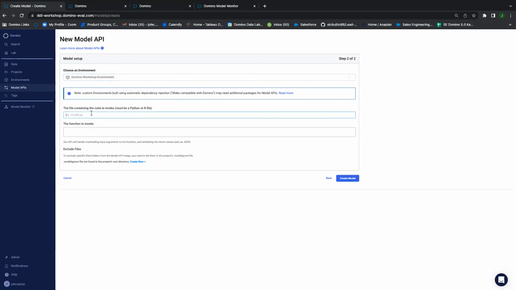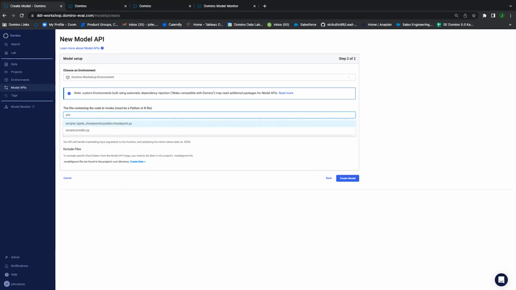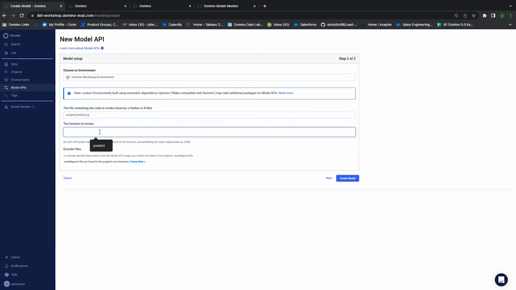If you click on the file that you want to select, the file is going to help you communicate specifically to the model artifact that we're going to store as an endpoint to create the endpoint itself. I'm going to just type in predict.py. And then you can call out the function that's going to help you run whatever you need to build this endpoint with respect to that script.